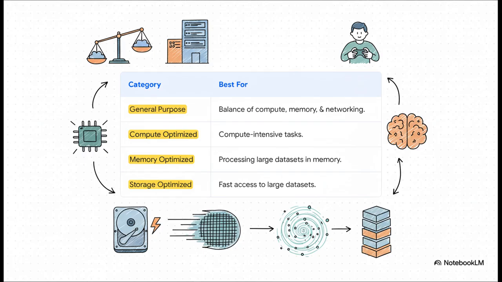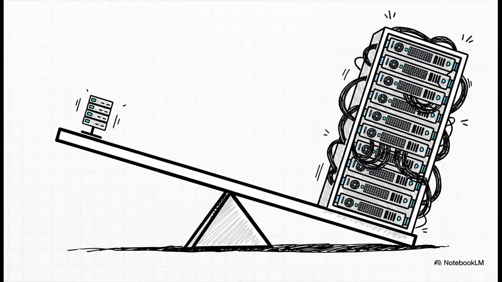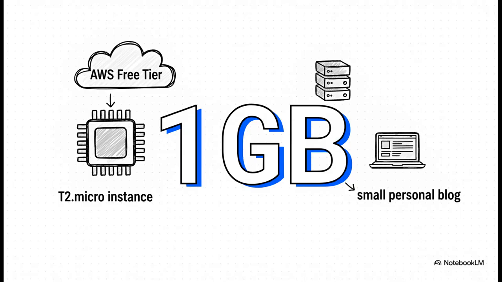Simple as that. And just to give you an idea of the scale we're talking about here, it is absolutely immense. The difference between the smallest and the biggest computers you can rent is just staggering. So for example, you can start with something called a T2.micro instance. It's actually part of the AWS free tier, so you can play around with it for free. It comes with a solid 1 GB of RAM, which is perfect for learning the ropes or maybe running a